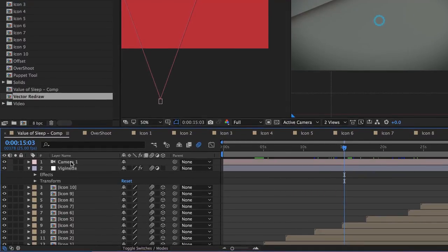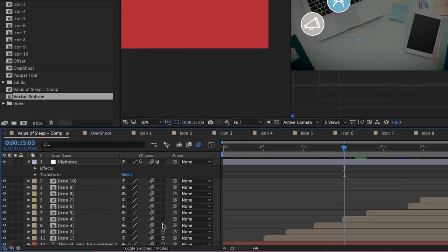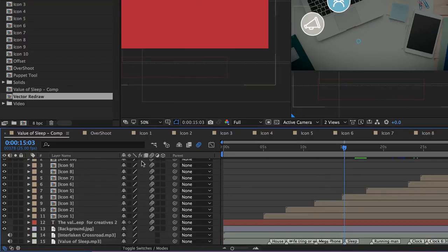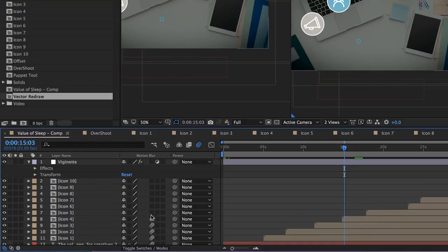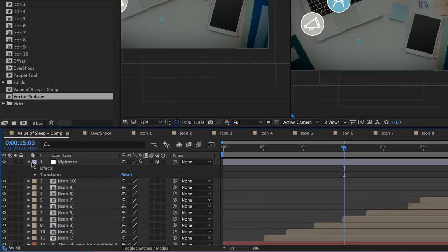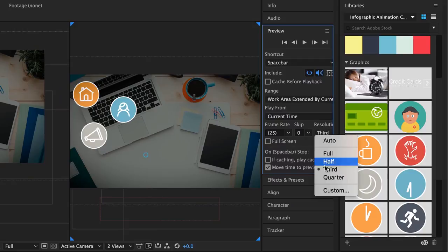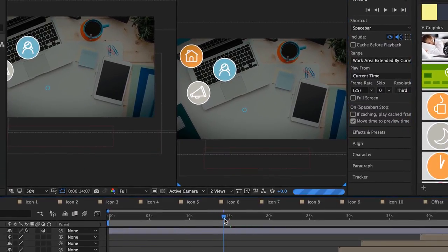What I want to do is I don't want it to do this camera work where it moves around. So I'm going to click on the camera and delete it. And because the camera's gone, I don't need these 3D shapes now. I'm going to turn the motion blur off as well, off for the project, just to make sure things are running nice and smoothly. And I'm going to turn the preview resolution down to third. And hopefully now when I preview,